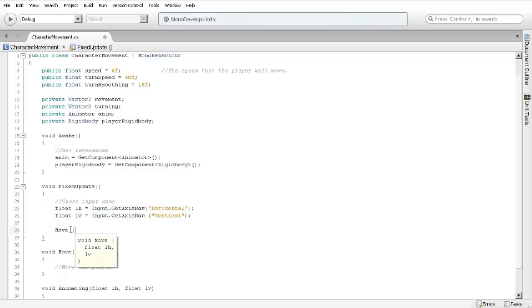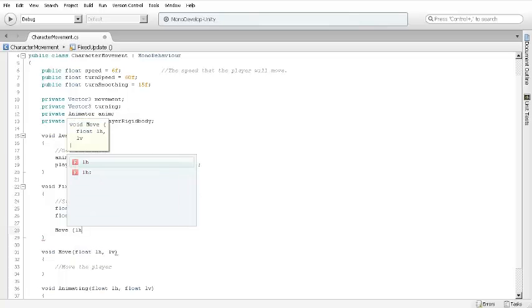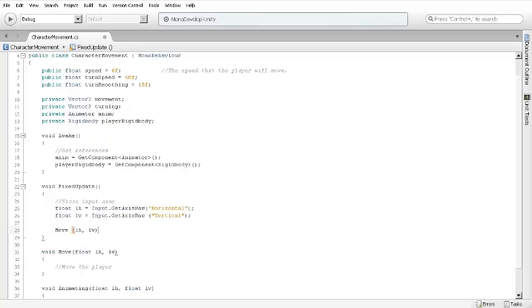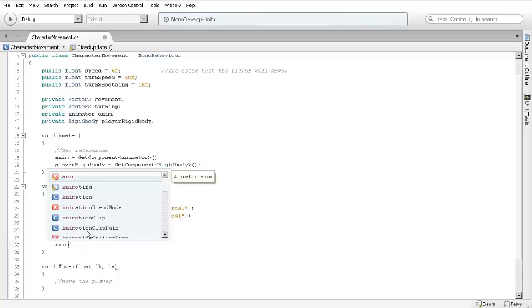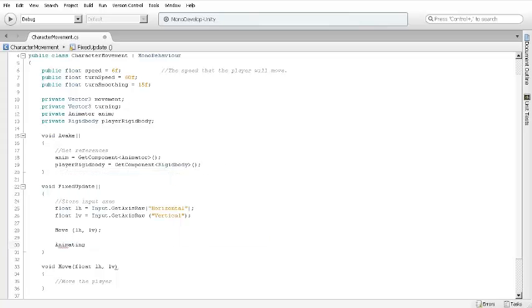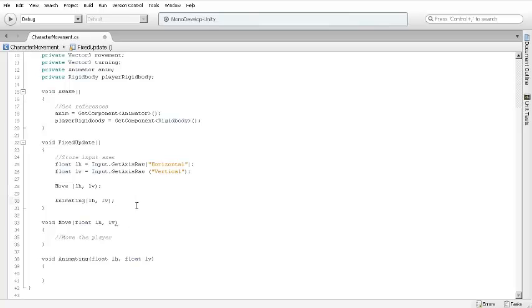And inside of move, we're calling this function. We need to tell it what information to pass through. So we're going to put in LH and LV. End with a semicolon. And then we'll need one more, and it's called animating. And then we're going to pass in the same information. Oops, let's make sure we do LH and then LV. Perfect. All right, so now it recognizes that. Let's hit Control S to save our script. And then if we go back to Unity,